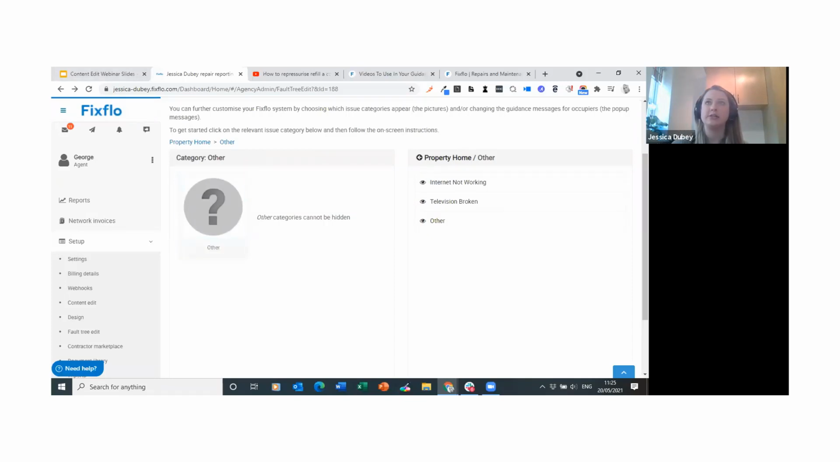And I know you guys did report on this, so let's have a look. Do you find that many of your occupiers report maintenance issues using other? 27% of you said yes. If this is something that you think, gosh, that's quite annoying, I'd rather people actually find the correct category rather than go through other. What you can do, so you can't hide this, but you could always click on other here,